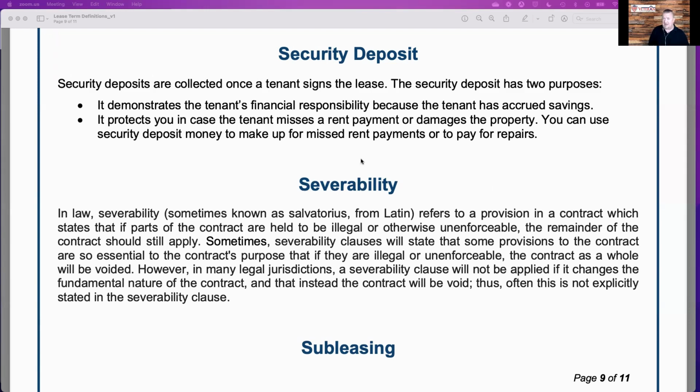Your security deposit is there to protect you as a landlord, to hold some money for whenever they move out, to protect against damages. The last thing you want to do is chip away at that money for this charge, that rent charge, this charge, to where there's zero security deposit whenever they move out. And now you have to eat the full cost or go after them with collections to try to get your money. So please do not use security deposit for any other fines. I've had landlords do that and it's always bitten them in the long run. So if a tenant needs to pay for something, then that's something that they need to pay for that month. And the security deposit is not used for that.